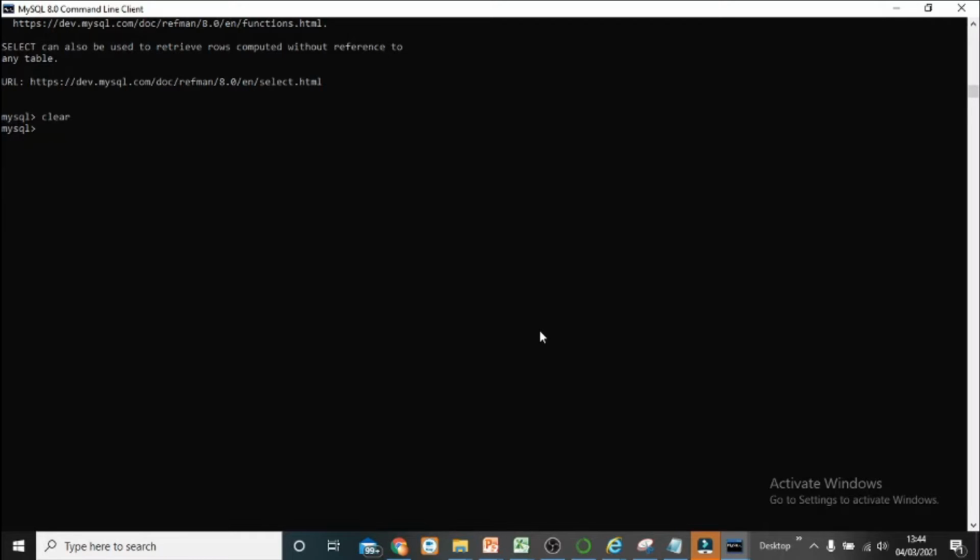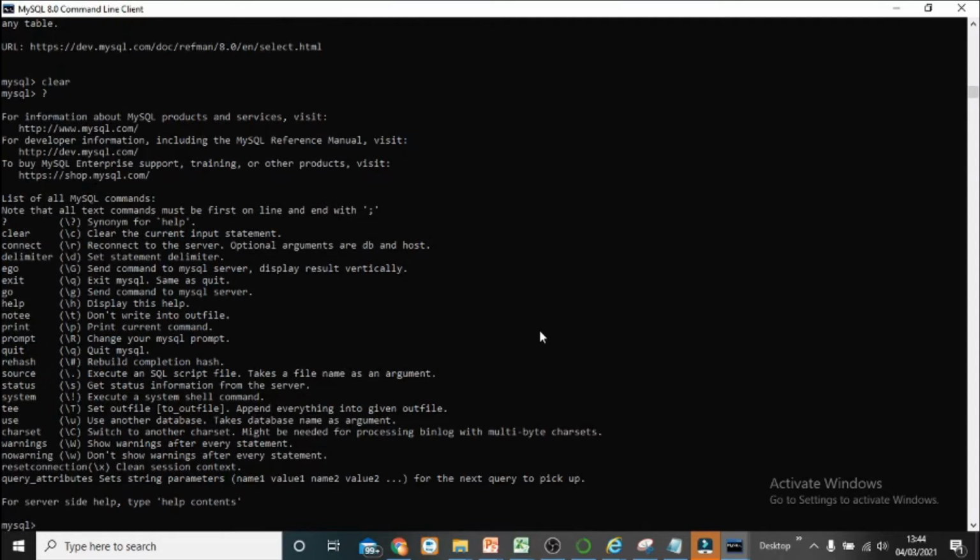How to use help? To use help in the SQL command line, you just need to use the question mark, followed by whatever type of help you want. If you do not enter anything and just press question mark, then all the help, or all the possibilities, will be shown in front of you. But if you want to find out help on some more specific topics, let's say databases,